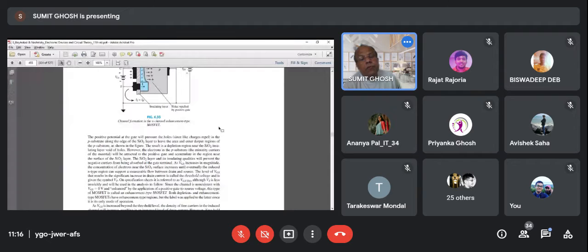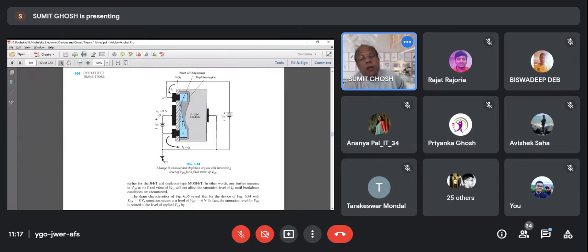Now, I see one thing more. This is the source. This is the metallic contact. So whatever potential you give here is coming here. But from the earth point you see that this is 0 volt. So this is 0 volts. Substrate is at 0 volt. So what is the potential difference between this N and this P? 0 volt. There is no difference between this N and this P.